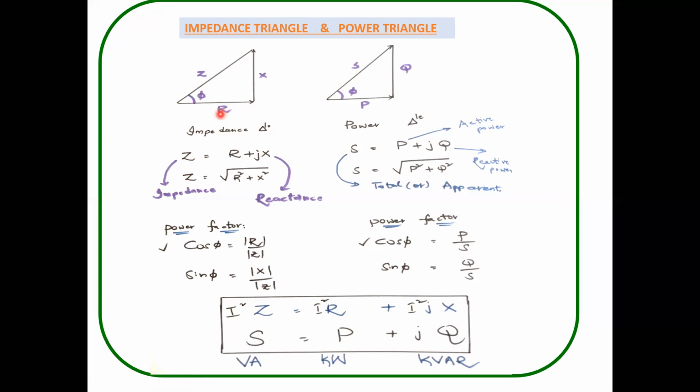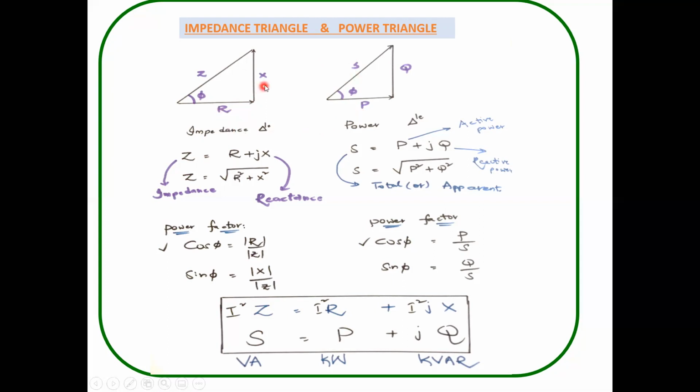Just multiply with the help of I squared. When we multiply only I, it is nothing but voltage. I into R is nothing but voltage. I would like to multiply one more I, that is I squared R, which is nothing but active power. The new quantity P stands for active power.